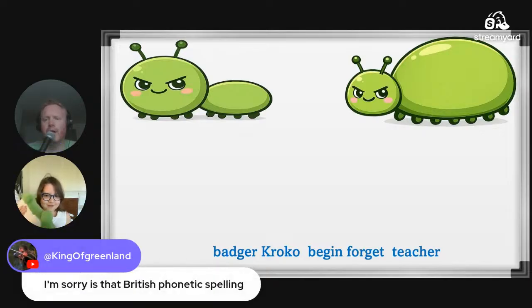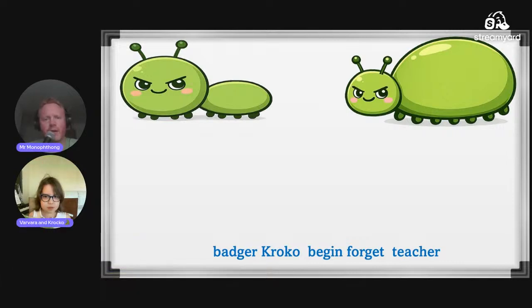Croco. What does everyone think? Is croco caterpillar 1 or caterpillar 2? Let's just ask everyone. Anyone know? No one's replied. Number 1 or number 2? Number 1. Yeah, good. So it's croco. And then the third word? Begin. By the way, croco is VT's pet crocodile. Do you have him? Yeah, croco.